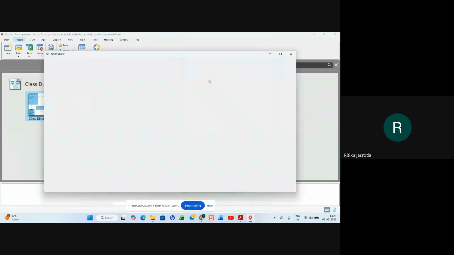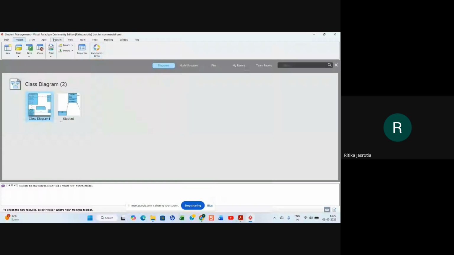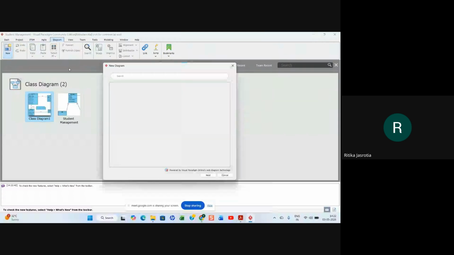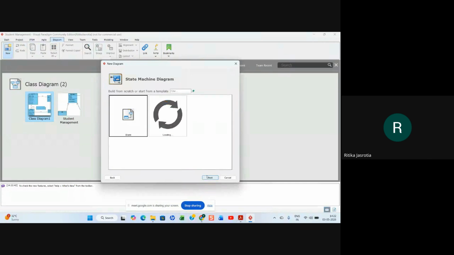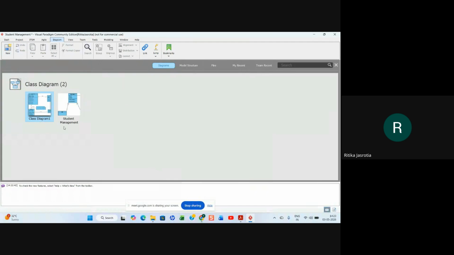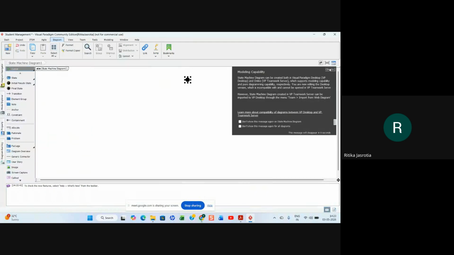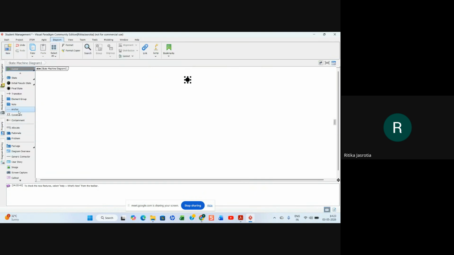So if we are talking about the state chart diagram or state machine diagram, whatever you can say, I don't know, they have here fork and join or state is there. Initial, this is your initial, this one. Final, transition, element group, note, anchor, constraint is there, containment.